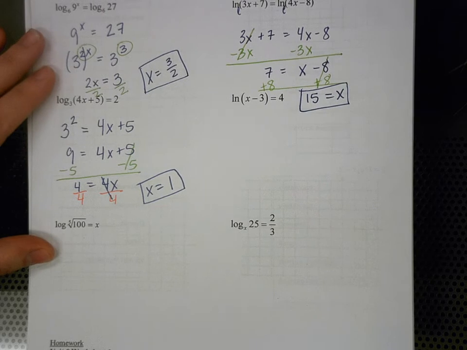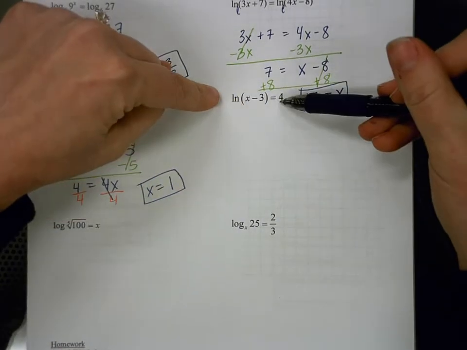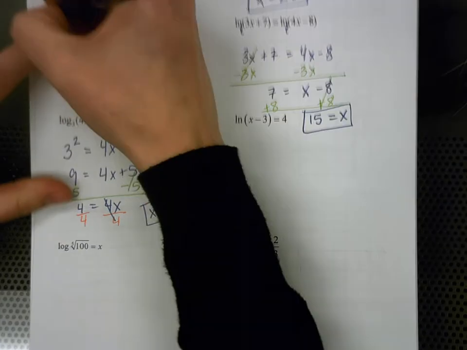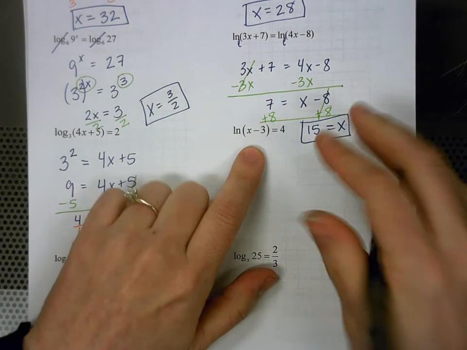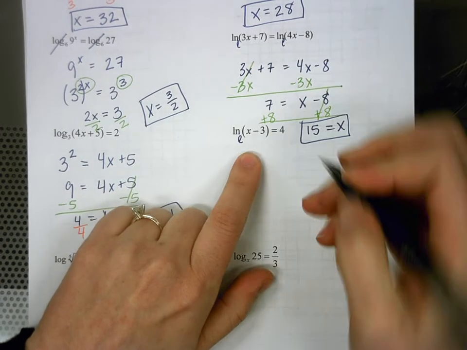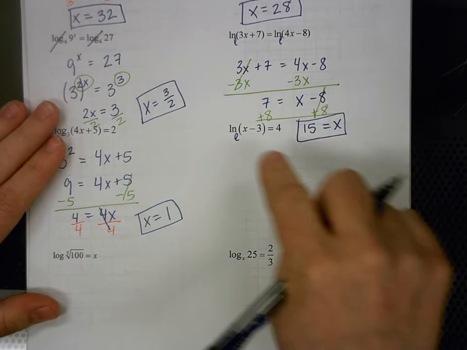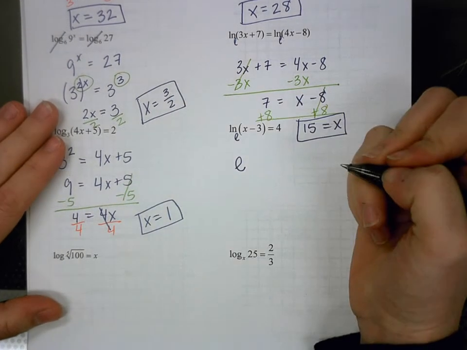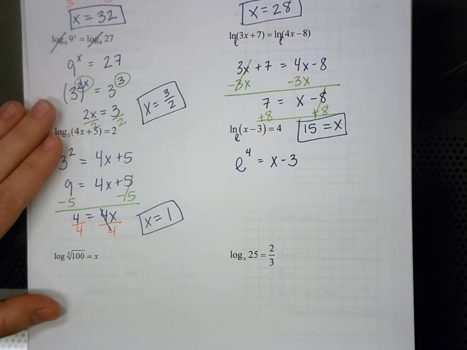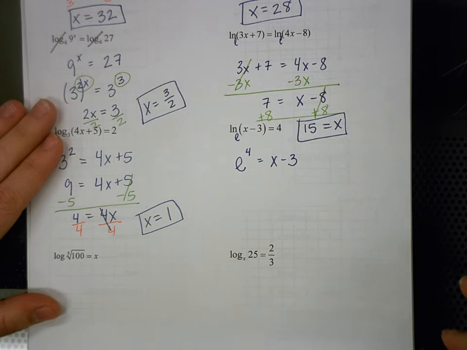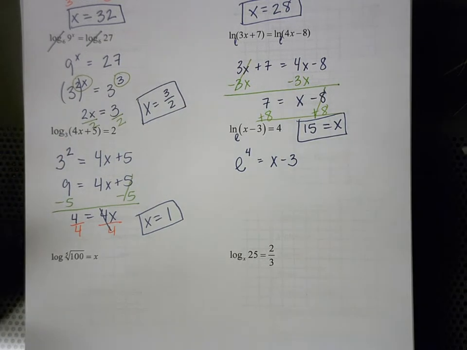Same thing here. I don't have logarithms that are the same on either side, so I can't essentially cross them off as being the same, which means I'm going to have to change to exponential form. So my base is e, my exponent is 4, my answer is x minus 3. All right, and we're just going to leave our answers as expressions. You don't need to plug this into the calculator and find the approximated value. We're just going to solve for x